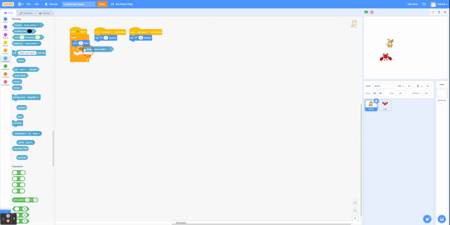We're going to put that inside. See that little kind of hexagon thing right there? We're going to click it in there. See how it's snapped inside of there? If it's like that, that's not going to work. It has to snap in there. And instead of saying if touching mouse pointer, we're going to say if touching crab. See that? So now if our cat is touching the crab,